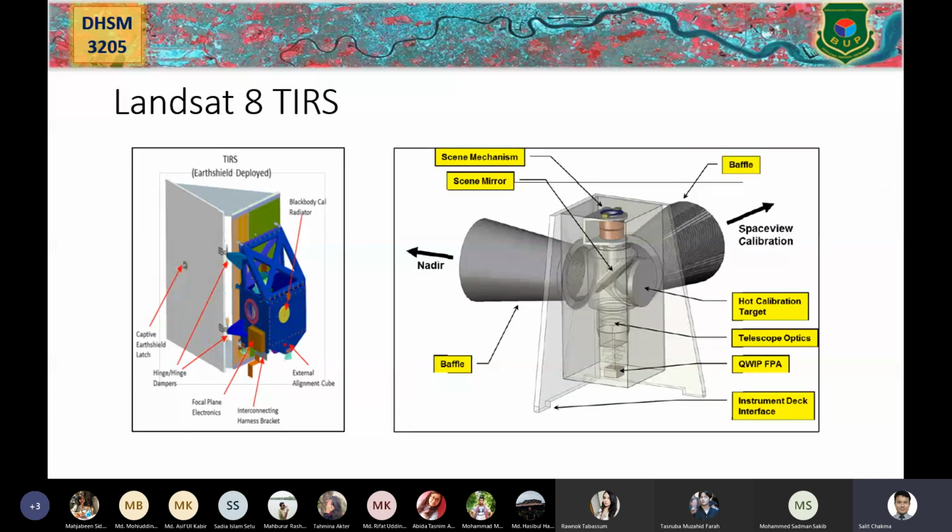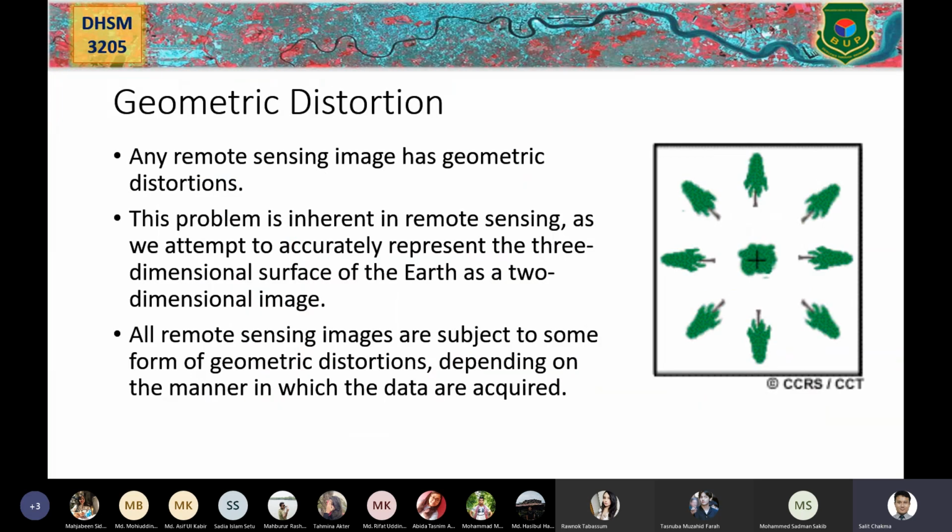So a few more pictures, a few more diagrams of how it works. Now the satellite part is done. But now we will talk about some errors. The first error that we will talk about is the geometric error, or geometric distortion, and this is